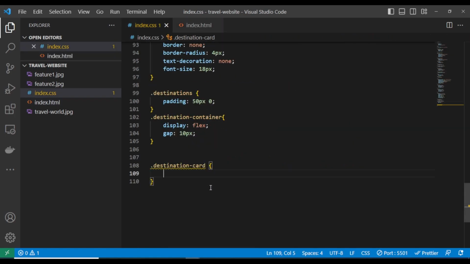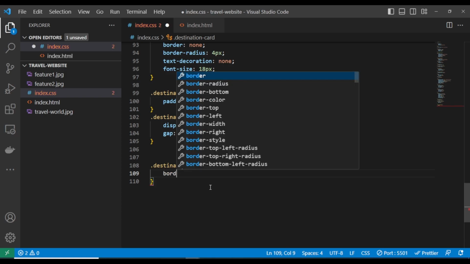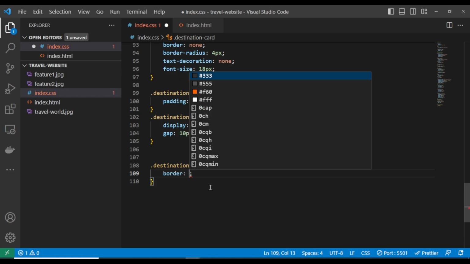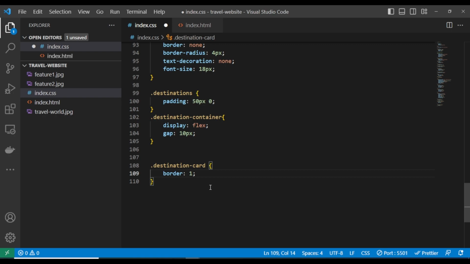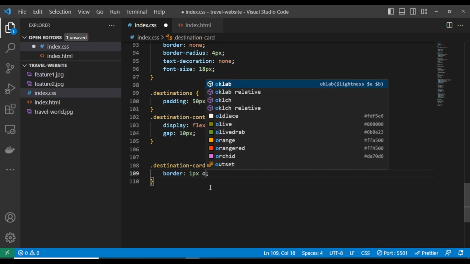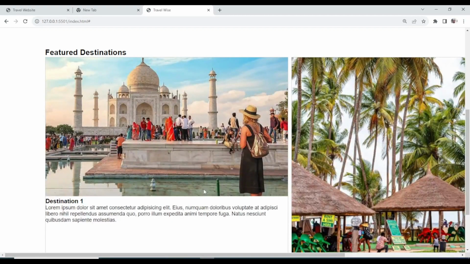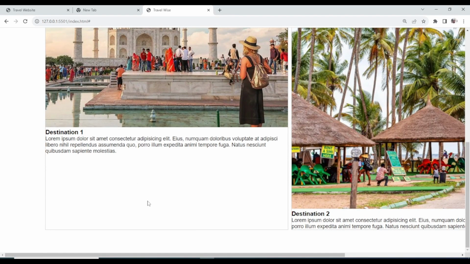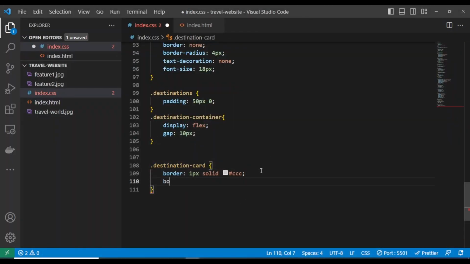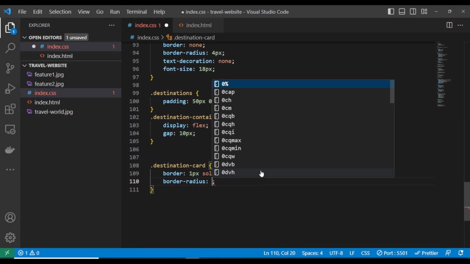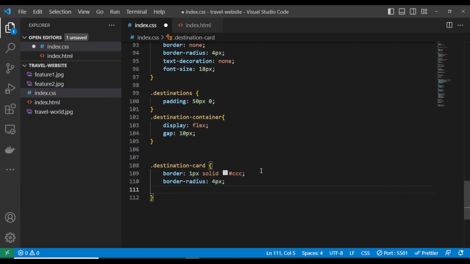Okay, so now we'll give it a border. Let's give it a border first. Let's start with border, 1 pixel solid. 1 pixel solid black. Let's use something like #123. This color looks like black, but it's not really black. So we have that color. Now look at that border there. Okay, so let's go back again and give a border radius of 40 pixels, no, 4 pixels border radius. Then we'll give it